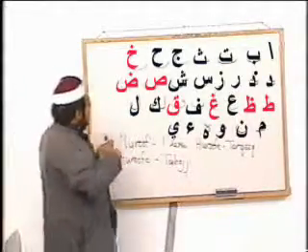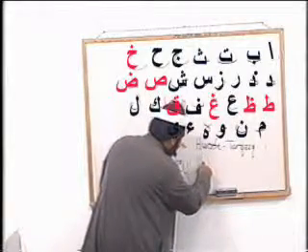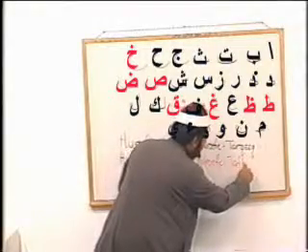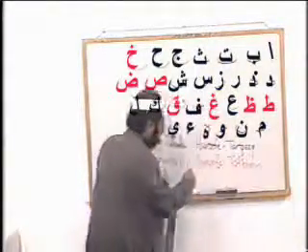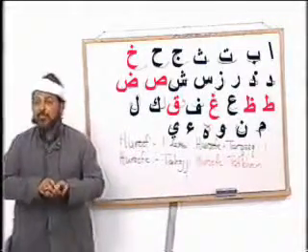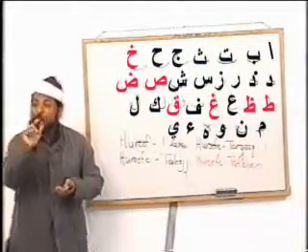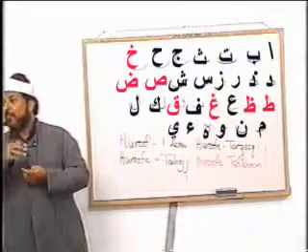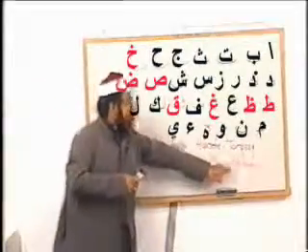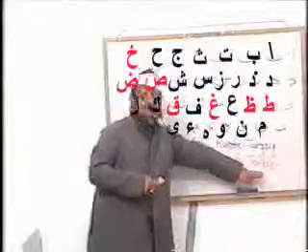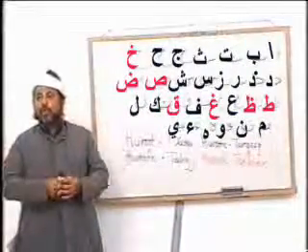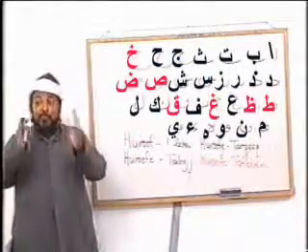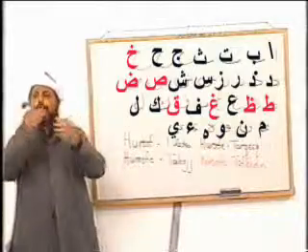Then we have the red ones. The red letters are known as huruf tafkhim. These are my round mouth letters, my thick mouth letters, my full mouth letters. Whenever these letters in red appear anywhere in the Qur'an, they will always be read upwards with a full mouth, with a round mouth,